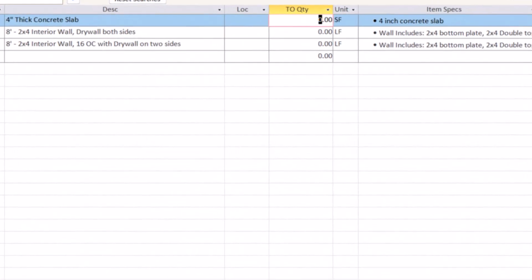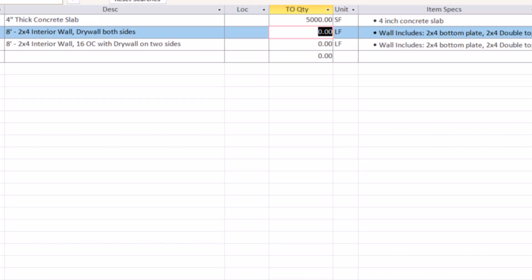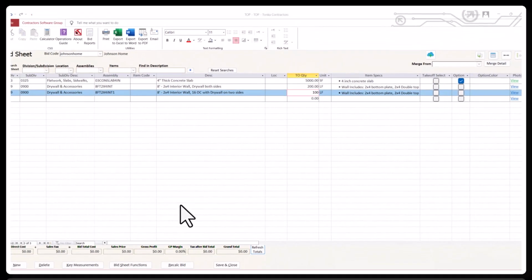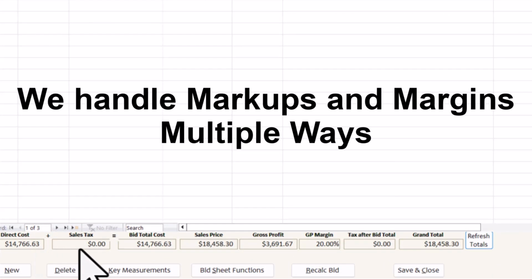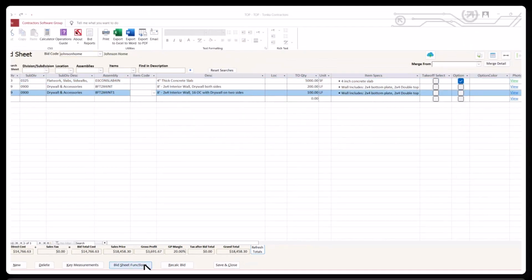Next, we'll enter in their quantities. First, we'll enter in 5,000 square feet of concrete slab. And we'll enter in 200 feet for the one wall and 100 feet for the other wall. Next, we'll click on the Recalc button. This will calculate the direct cost, the sales tax, bid total cost, sales price, gross profit margin, tax after bid, and the grand total. If we navigate into the ordering quantities and pricing screen,